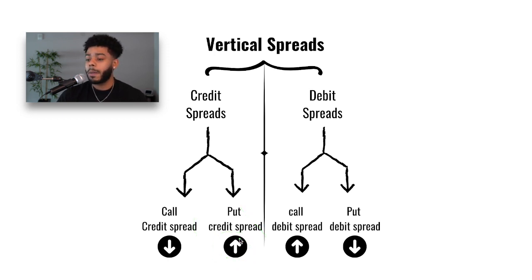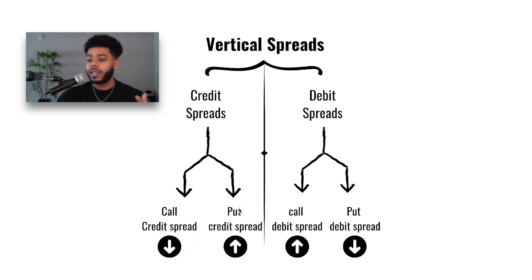Because if you think about it again, if somebody's buying a put and they're expecting the option price to go down because they're buying puts, the person that is selling the puts has an opposite directional bias, and that's why when you sell a put spread or sell any puts for that matter, it's a bullish position. We'll get into the debit spread side, but keep this in mind. There are two different types of credit spreads: a call credit spread, which is bearish, and a put credit spread,